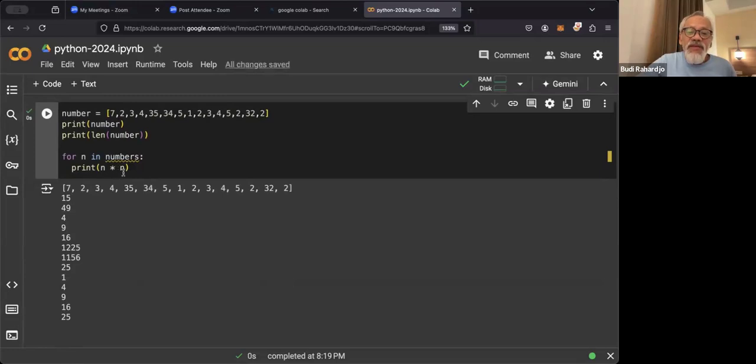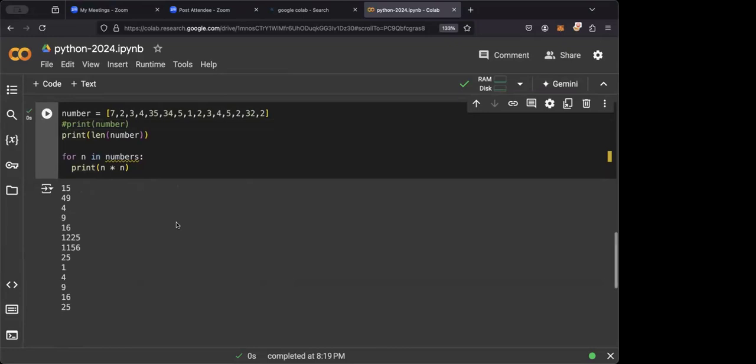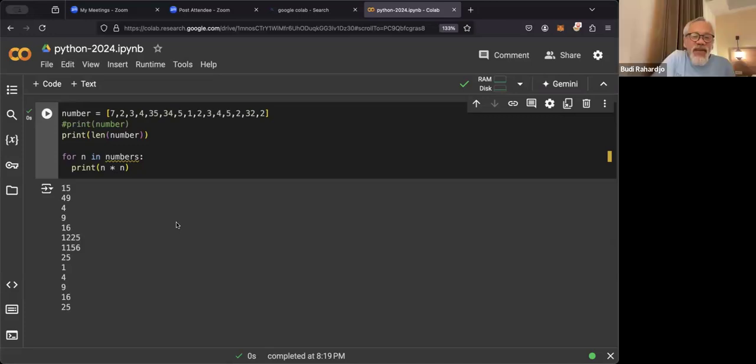All we have to do is just doing it this way. If you want to do n of k and comma.